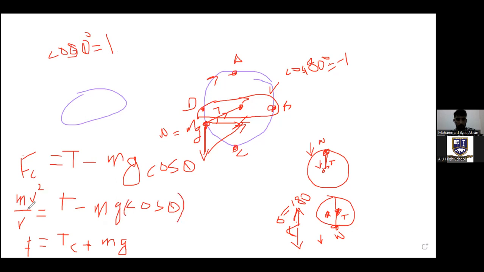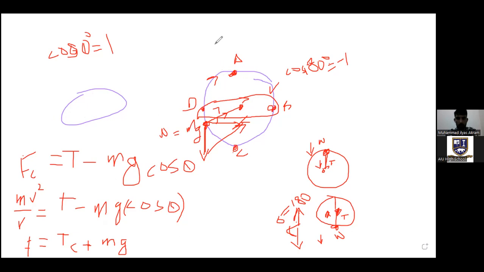So centripetal force will be tension minus mg at the highest point at A. And this means that the tension will be lower at the highest point. So that is about the centripetal force or centripetal acceleration in the 2D motions of the object in the horizontal motion, and the vertical